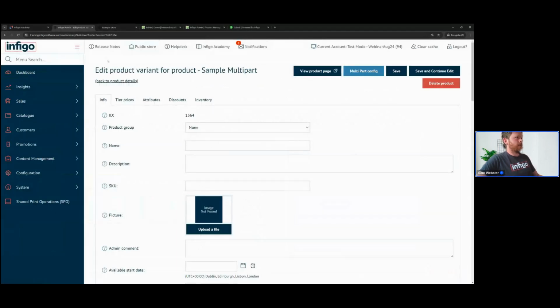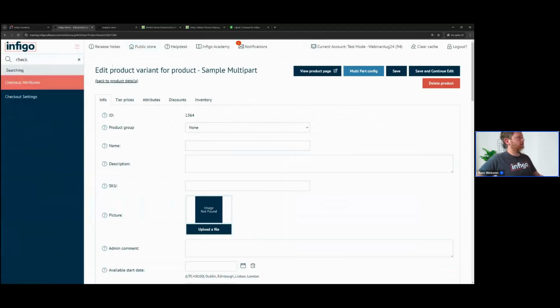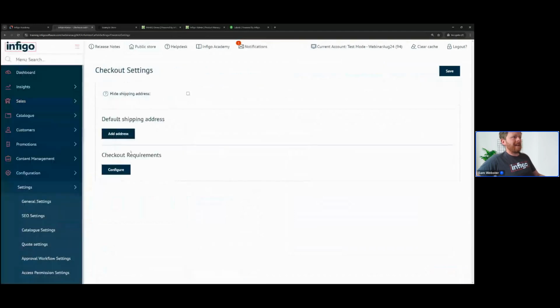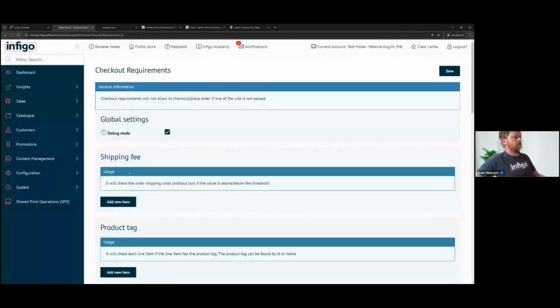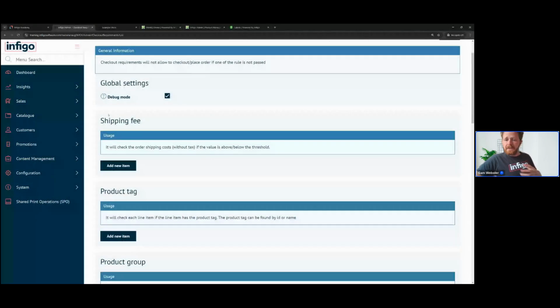So if I go to my Infigo admin area, go to checkout settings, and then you'll see now that we have this checkout requirements section down here. Now there's various different things that we can include to actually put these checkout rules or checkout requirements on there. So we can say in any of these rules that we apply, we can either grant or deny the ability to